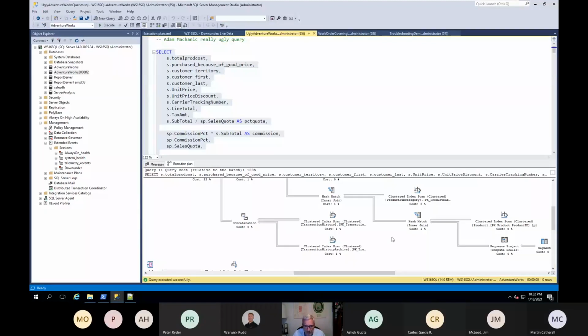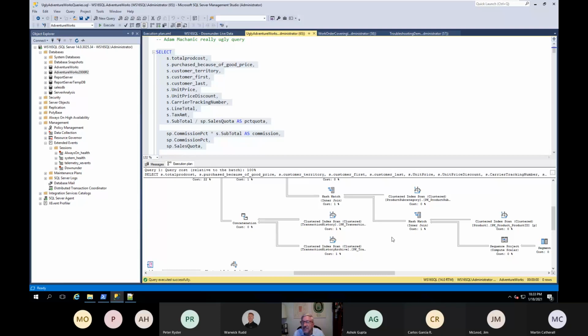Hugo Cornelis has put together a website, and I'll tell you what it is when we get to the resources at the end of the session. I've got a link to it at the end of the session, but he's gone into very, very intricate detail on the query plan, on all of the operators, what they mean, and he's even got some introductory classes for free on his website that'll teach you how to read query plans and what they mean.